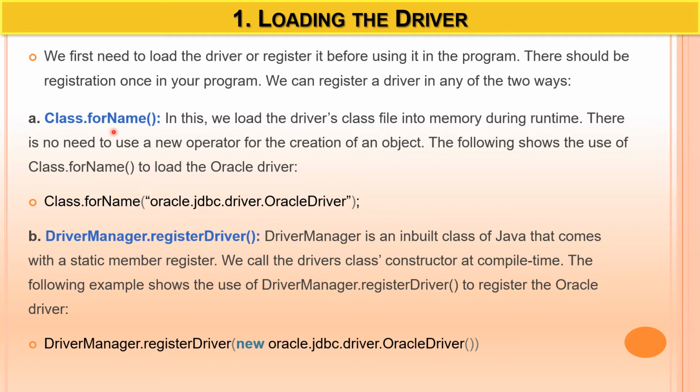A, Class.forName. In this, we load the driver's class file into memory at runtime. There is no need to use the new operator for the creation of an object. The following shows the use of Class.forName to load the Oracle driver. This is the statement which is required to load the Oracle driver in our program. Class.forName("oracle.jdbc.driver.OracleDriver");